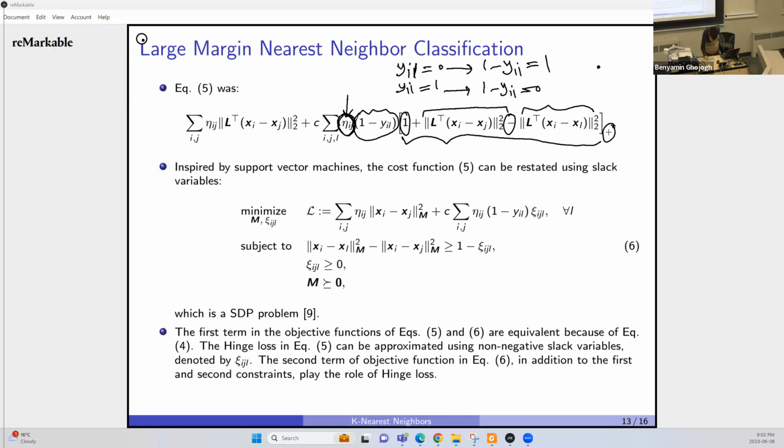Assume this is anchor, xi. This is xj. This is xl. So xj has some distance from xi, and xl has some distance from xi. I'm pushing xl away, pulling xj toward xi. As long as this distance becomes 1,